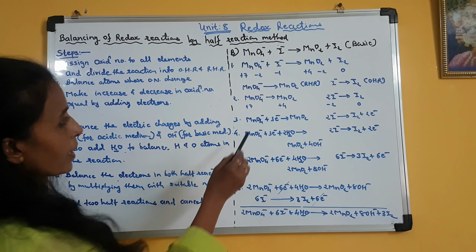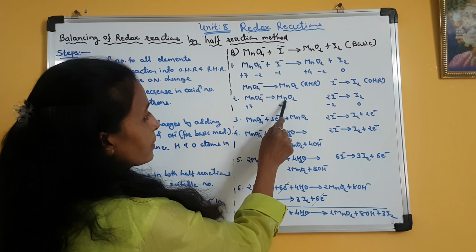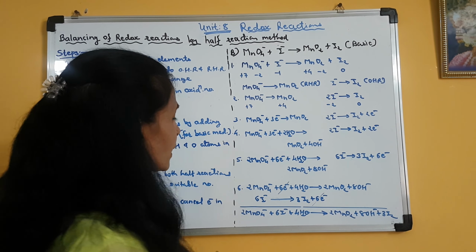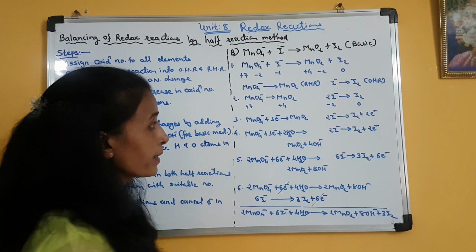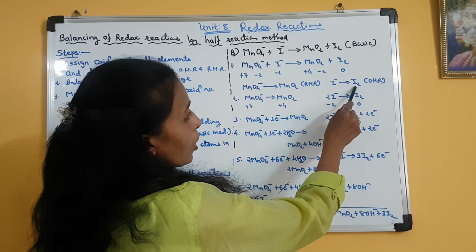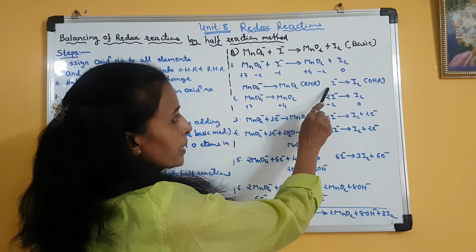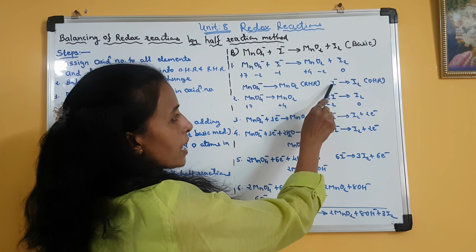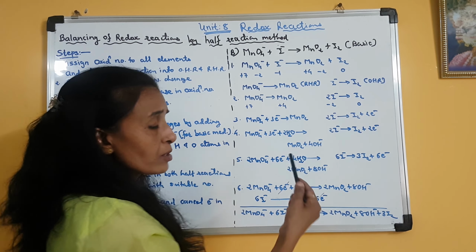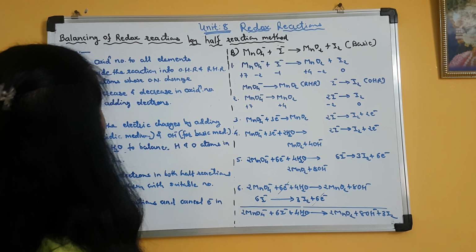In the second step I have to balance atoms whose oxidation number changes. So here Mn on both the sides is the same, so I need not balance it. Here I need not make them equal because they are already equal. But in case of oxidation half reaction, on the product side it is I2, but on the reactant side there is only one I, and that is why I need to multiply this I minus by 2. So now on both the sides of this oxidation half reaction, 2 iodine atoms are there. Clear? So second step is over.